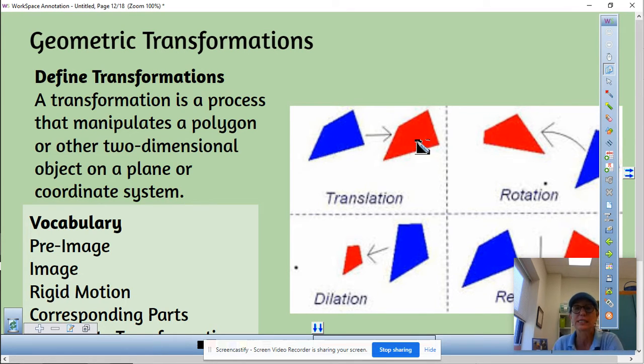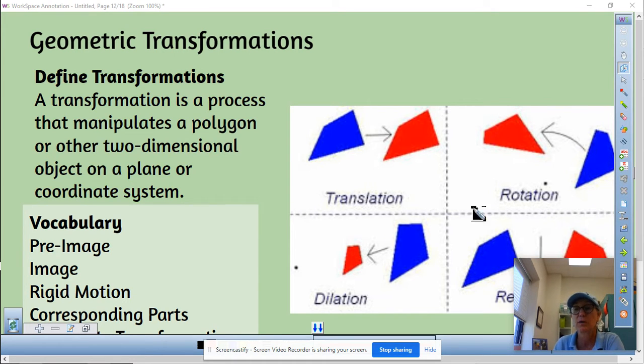You can move it by sliding it, you can move it by rotating it, or you can move it by reflecting it across some line. And finally, you can move it just by shrinking the thing down. Okay, so that's transformations. Some of the vocabulary we want to talk about is,